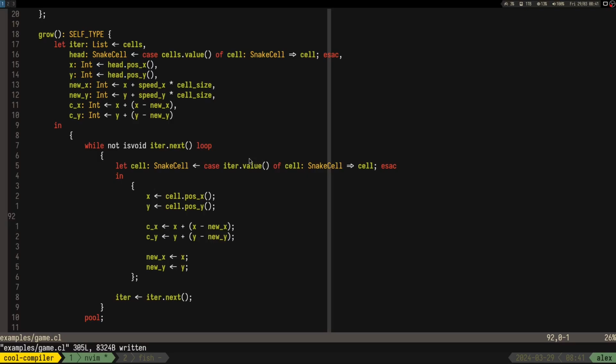A bit strange indeed. So I guess new x and new y is gonna be the position of the previous cell, right? X and y is gonna be the position of the current cell. So if we, for example, look at the last cell,